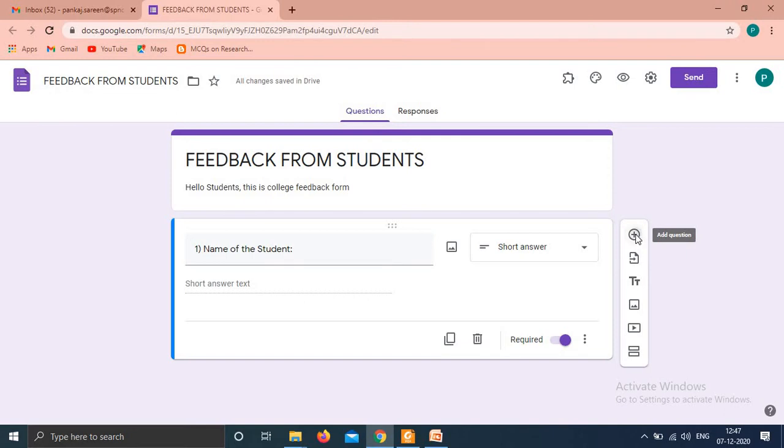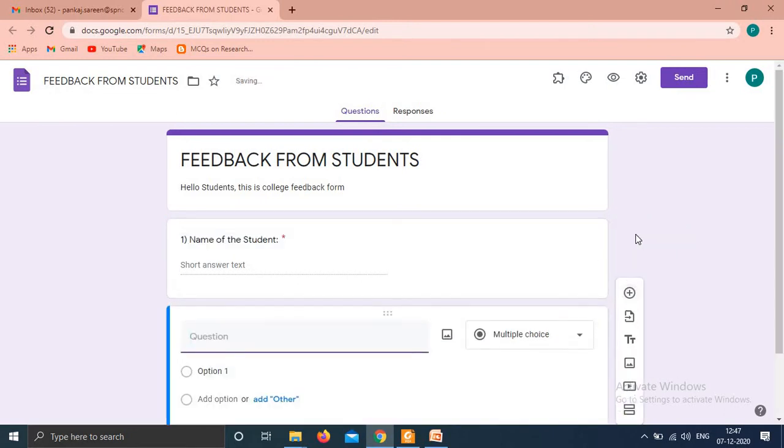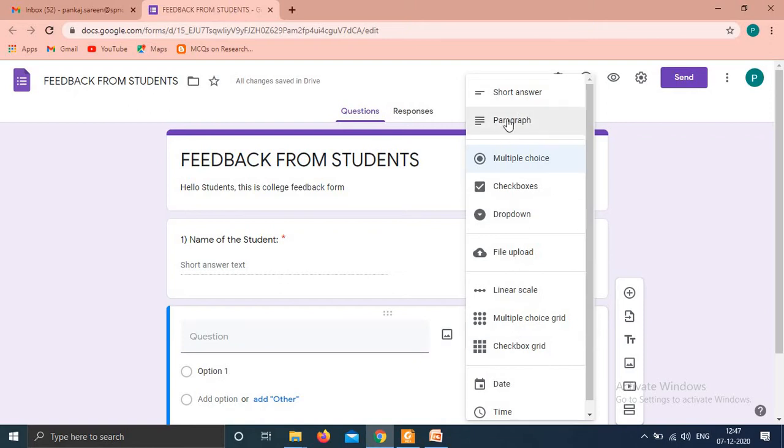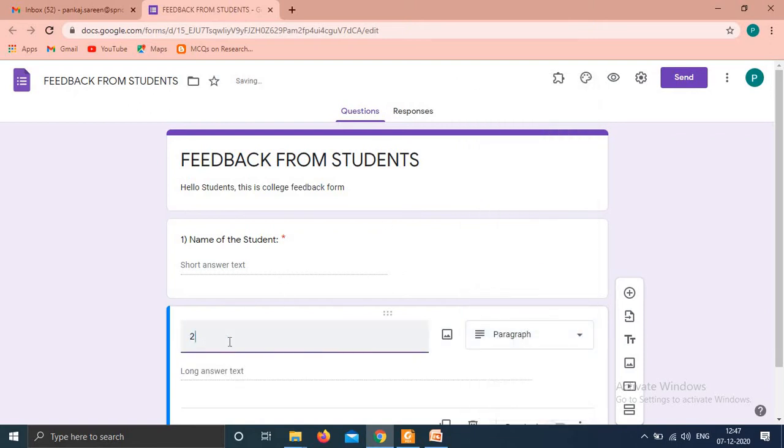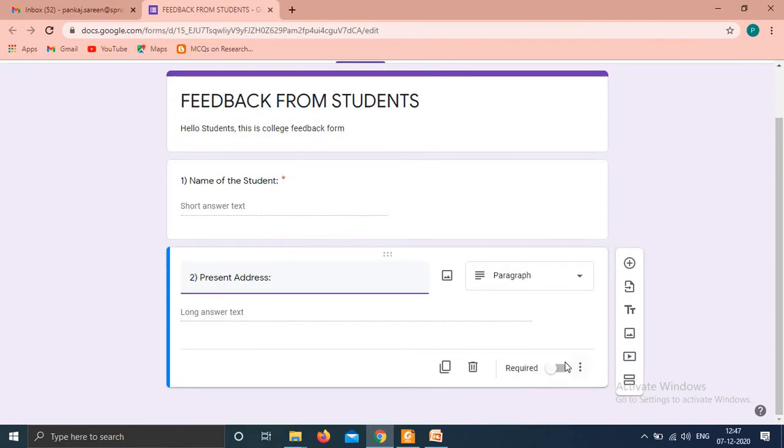So click. Now the second thing I want is the address. So for address I need this paragraph. The second option is present address, and this field is also a required field.